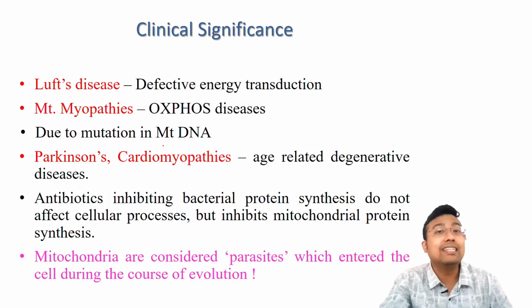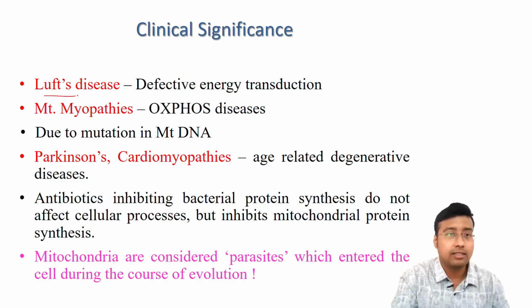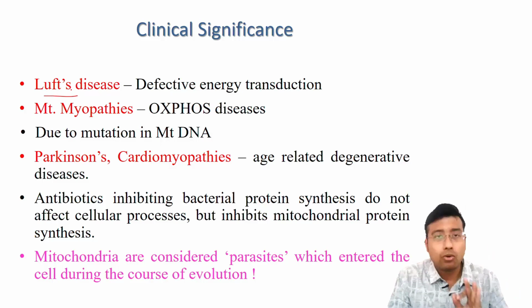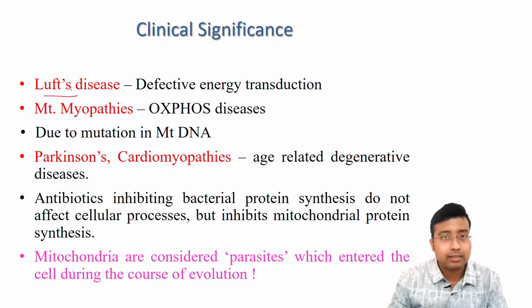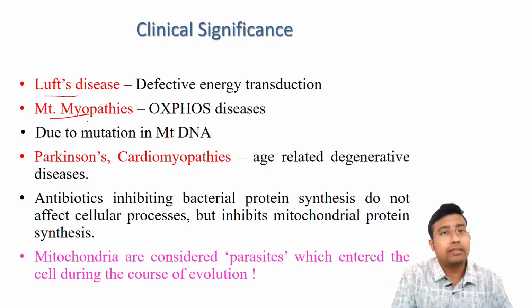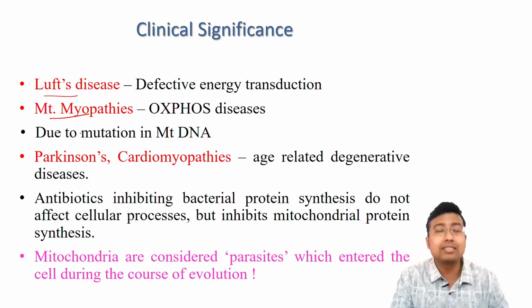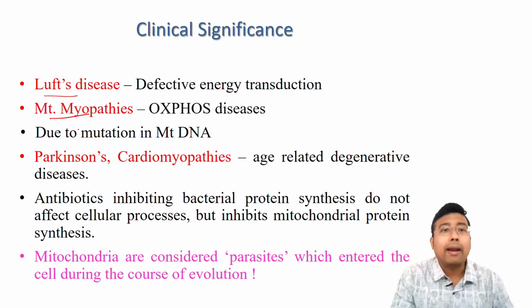What's important are the diseases that are related to mitochondria. Again, a few very difficult names and you should know them. Leigh's disease. Just know the name. You don't need to know the clinical features, treatment, diagnosis, management. That will be taught in medicine in subsequent years. But as a brilliant first year student, it's your duty to at least know the names. Again, mitochondrial myopathies will be taught in physiology, but know this, it's due to mutation in mitochondrial DNA. We all know Parkinson's disease, cardiomyopathies, these things are a part of mitochondrial DNA.